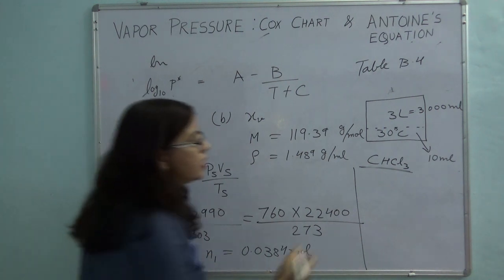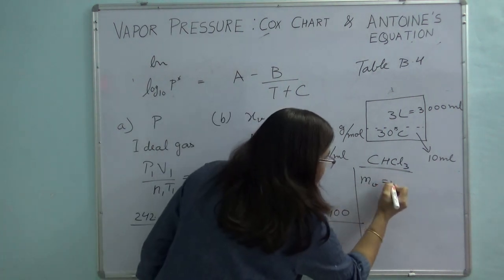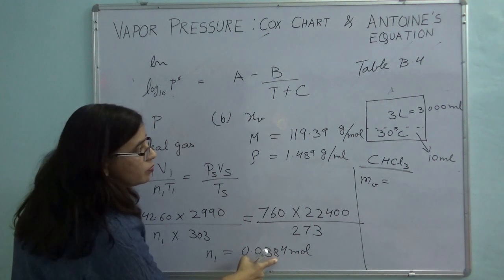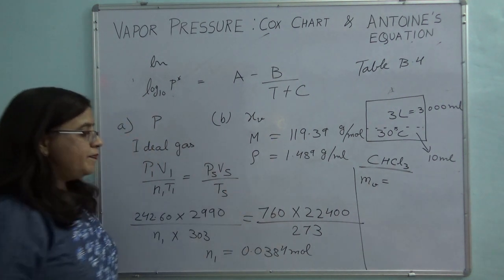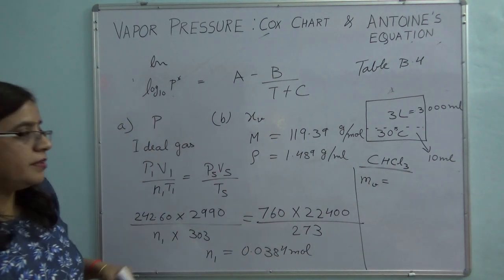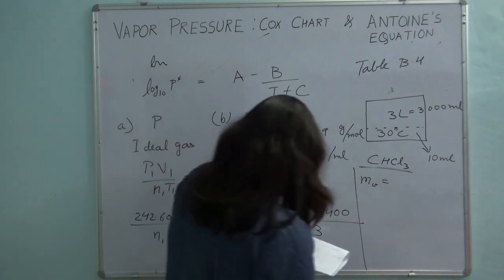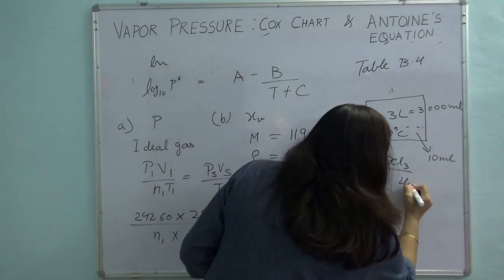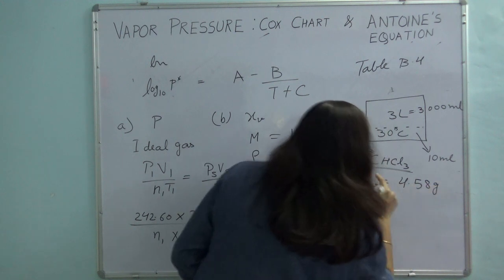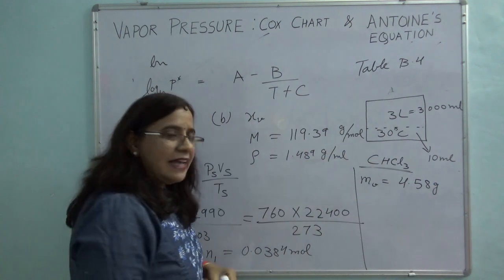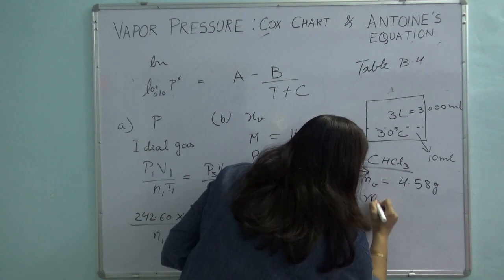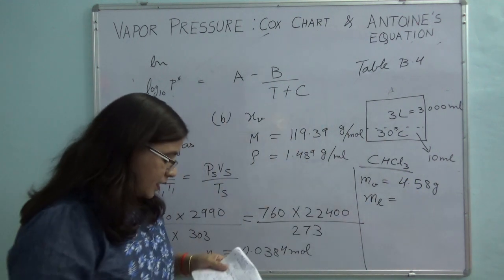Let's first calculate the mass of the vapor. That is equal to these many moles multiplied by this. Okay, so N1 into M will give me the mass of the vapor, and it comes out to be 4.58 grams. Similarly, 10 ml multiplied by density gives the mass of the liquid,